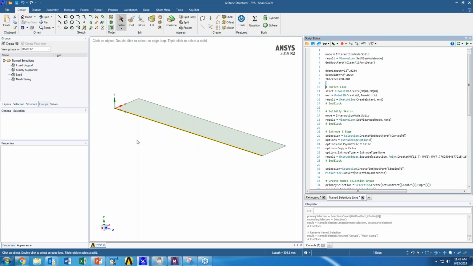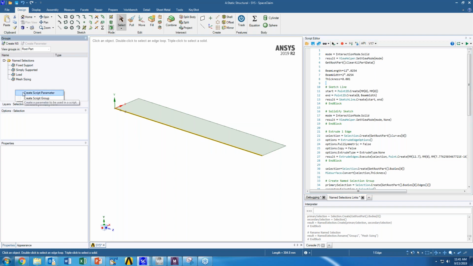I'll have to look it up. There's a way to create essentially parameters to use with Design Explorer. So Design Explorer will actually be updated based on the parameters you define here, right? You can create a script parameter that you can query in the tool itself. And then this will link with Design Explorer, and you can edit that value from Design Explorer as well.